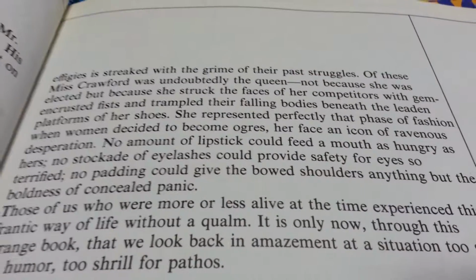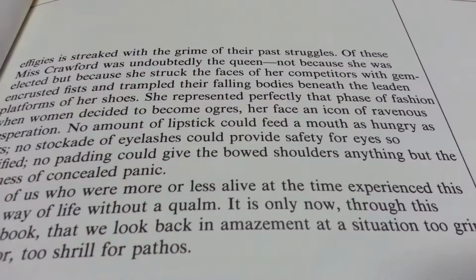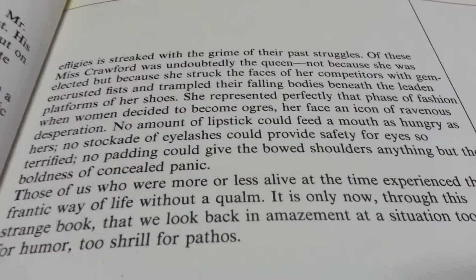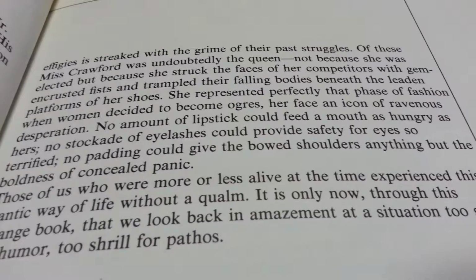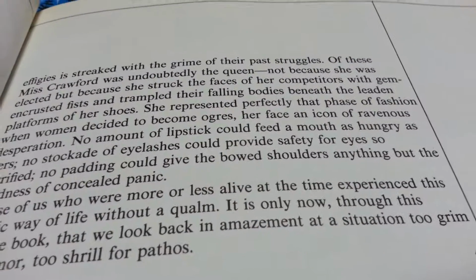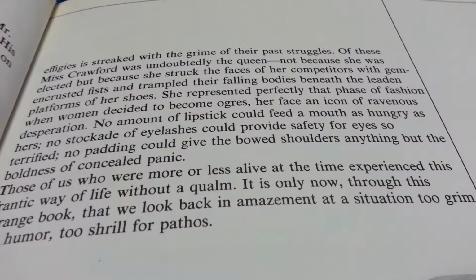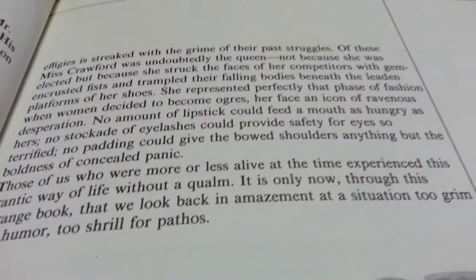Of these, Miss Crawford was undoubtedly the queen, not because she was elected, but because she struck the faces of her competitors with gem-encrusted fists and trampled their falling bodies beneath the leaden platforms of her shoes. She represented perfectly that phase of fashion when women decided to become ogres. Her face